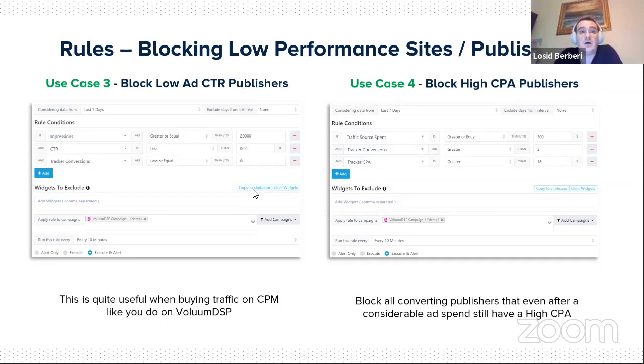So we can block publishers based on low ad click-through rate, and this is quite useful for those cases where we are buying traffic on a CPM basis. If you're buying on CPC, maybe you don't care much about the click-through rate of the ad, other than judging if the ad is strong and has a good click-through rate. When you're running on CPC, you just pay for the clicks. Or in case you're buying on a CPM basis, like you do on Volume DSP, which is a DSP sourcing various offer traffic networks,